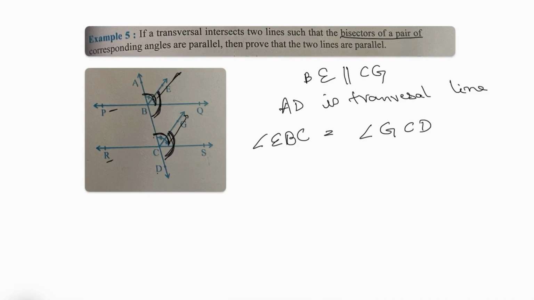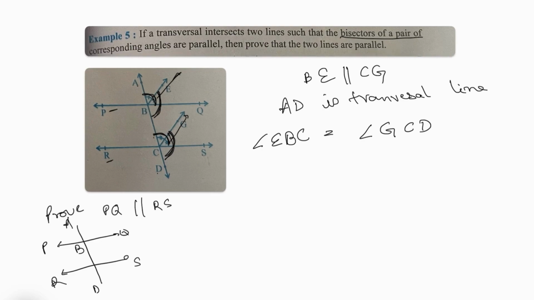But here the example is asking us to prove that the two lines are parallel. Basically, we have to prove that PQ is parallel to RS, right? So using the transversal AD, we have to find the relation between the angles. So let's just redraw this very simply, right? You have PQ and RS, and you have A and D. PQ, RS. This is B and this is C. So for these, there are angles, this and this, that are equal. So ABQ is equal to angle BCS,